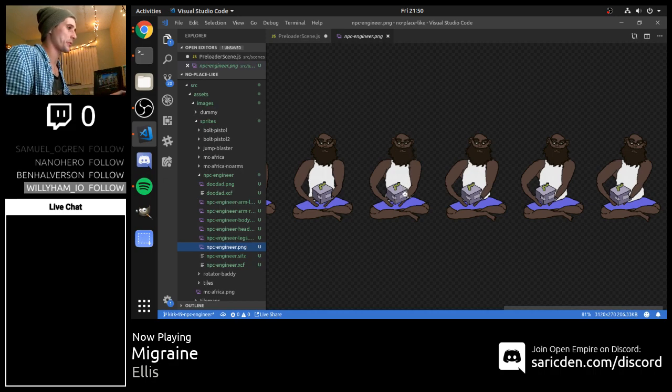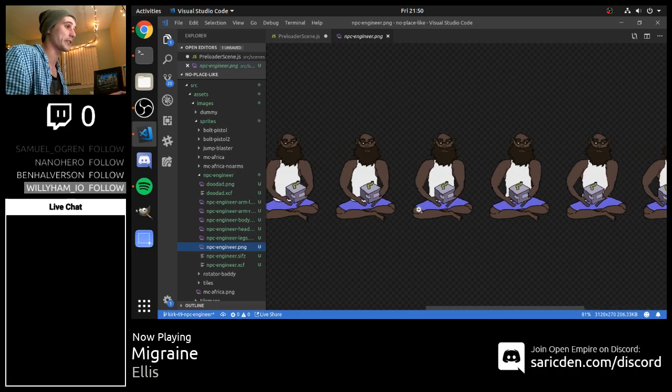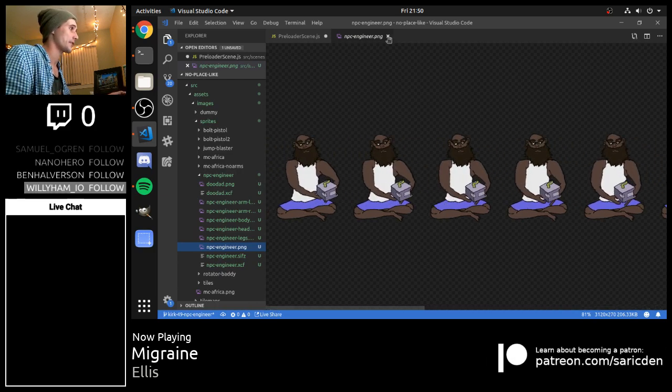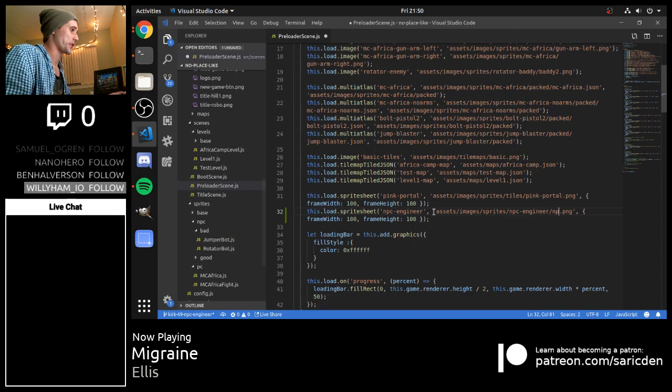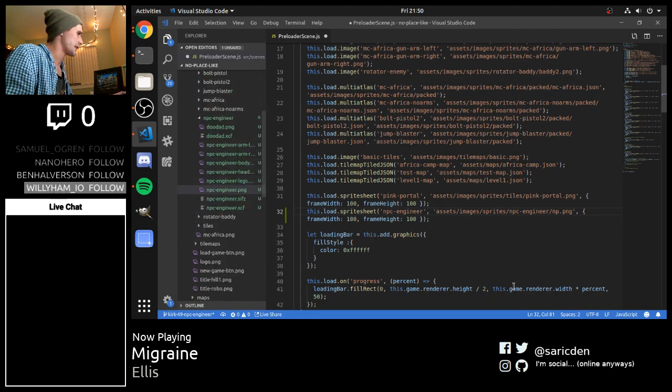And what we're going to do is just ping pong this animation so that it loops back and forth, kind of like the boomerang effect on Instagram, if you've seen that. Exact same idea, but with a sprite instead of a video. So the file we were looking for was indeed